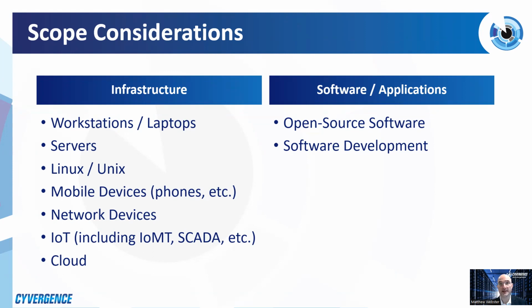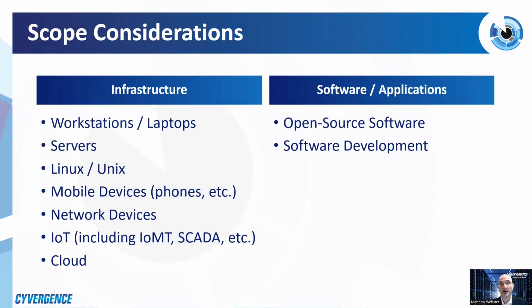Now, IoT devices, for those who are not familiar, think of it as a thing. The very first IoT device was created in 1990 and was a toaster. But now it's expanded out far beyond just simple IoT devices. There's OT devices, IoMT, Internet of Medical Things, gated devices, and so on. But there is a whole hodgepodge of different IoT devices that are out there that should be included as part of the infrastructure vulnerability management. Also, cloud software is part of that too, because they can have vulnerabilities from a cloud perspective that need to